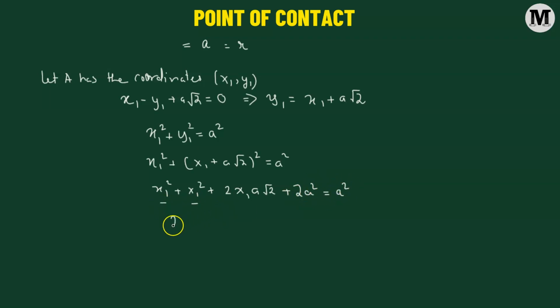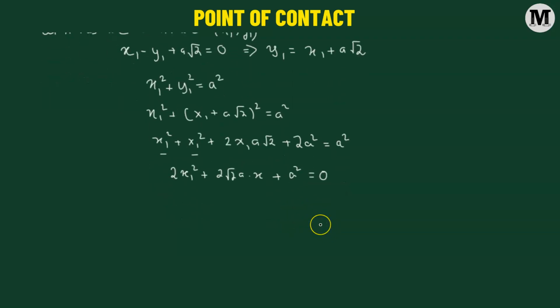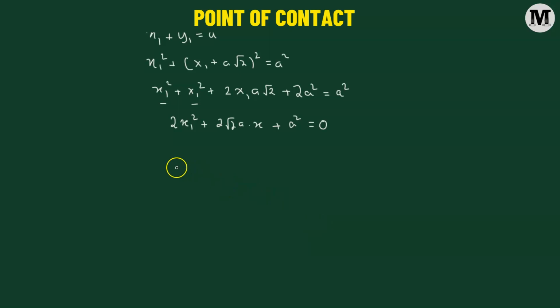So x1 squared plus x1 squared becomes 2x1 squared, plus 2 times square root of 2 times a multiplied by x1, added to 2a squared minus a squared. So that becomes a squared. This will be equal to 0. Now we will try to find the value of x1. We'll be using the standard quadratic formula. So x1 will be equal to negative the coefficient of x1, so that's 2 times square root of 2 times a, plus or minus the square root of